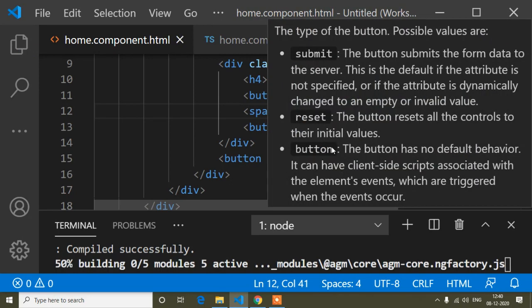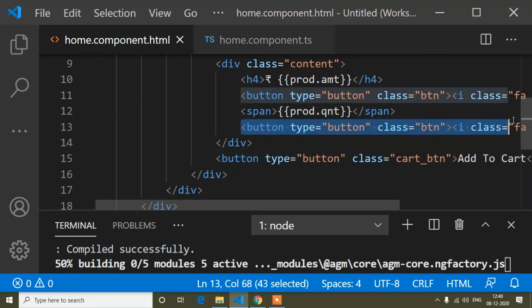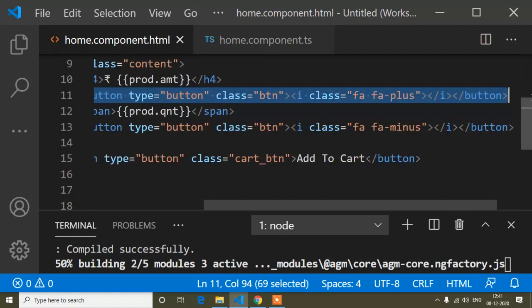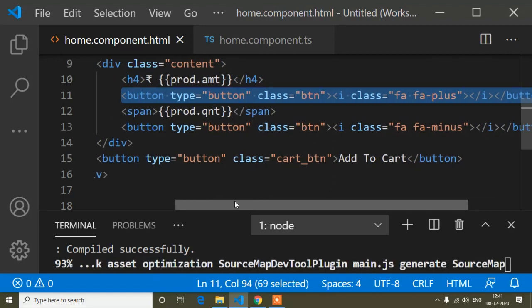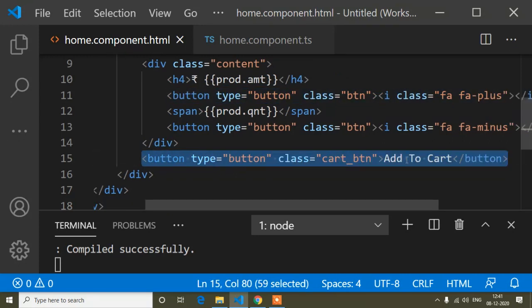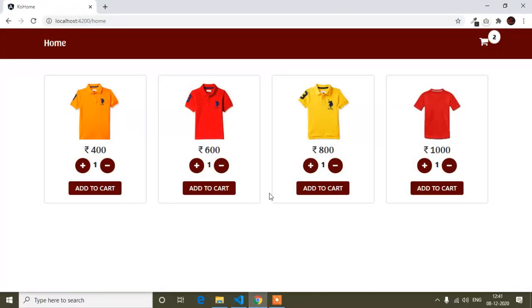So if I save, and guys, here you can see the increase and decrease buttons, which will be the same for all the products, and here is the add to cart button, that will be the same for every product. Here it will not change. So here you can see now the products are coming from this array. So it's the same like an API. Here you can see the amount, because I just changed the amounts here: 400, 600, 800 and 1000. Okay, so now one thing is completed.